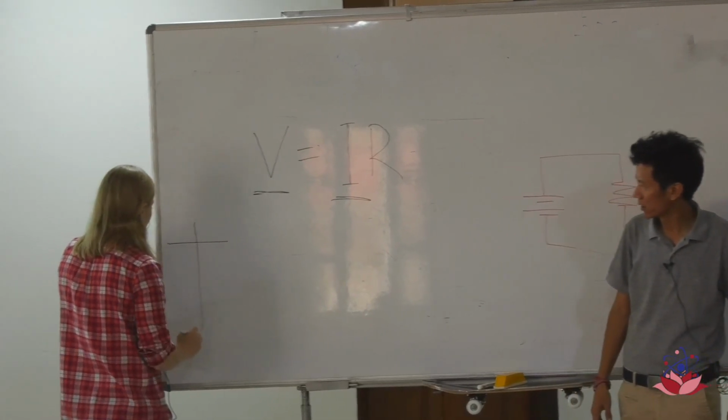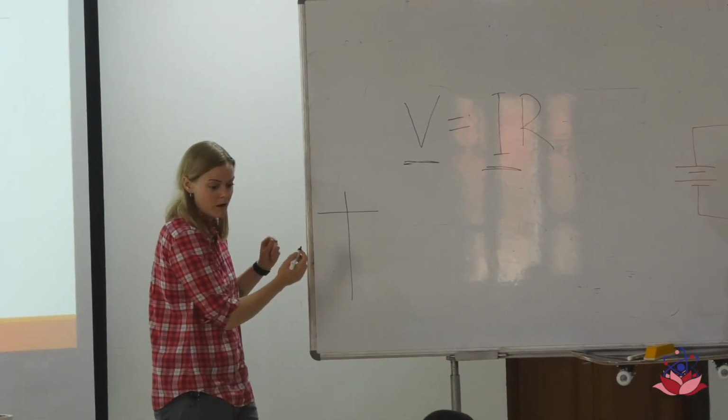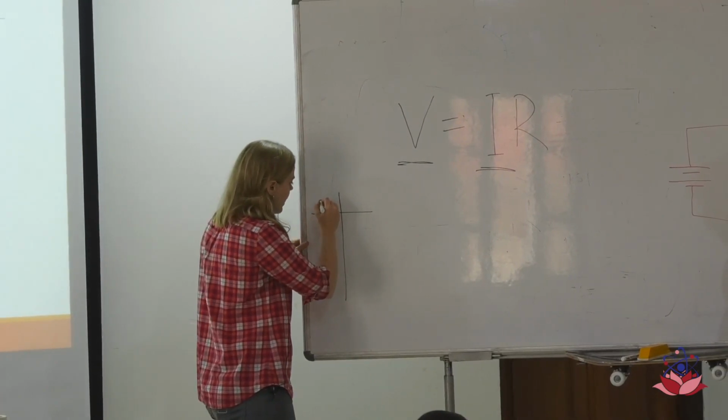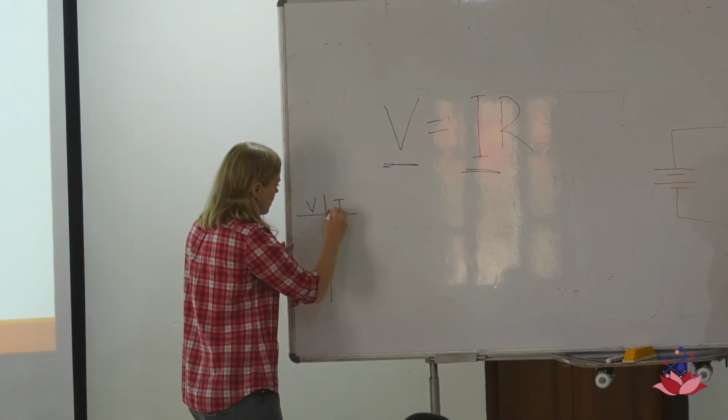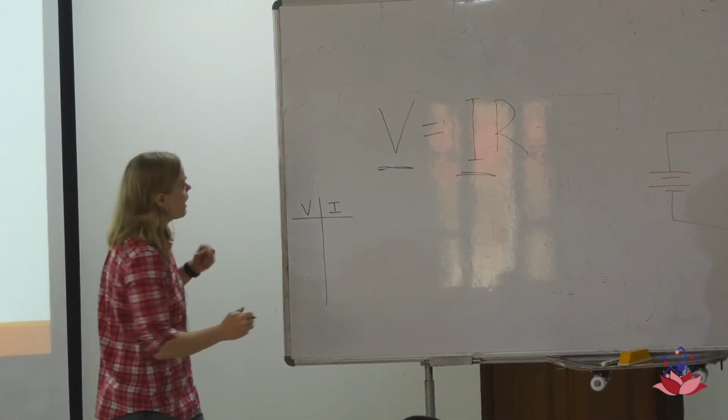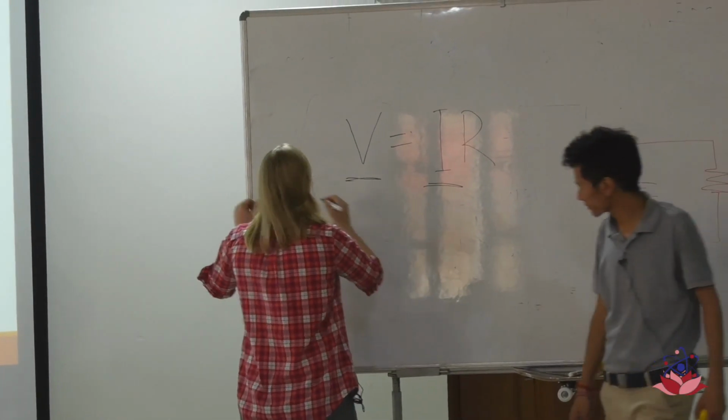So what we can do is we can make a table of what should happen. So let's pretend that we have a resistor which is